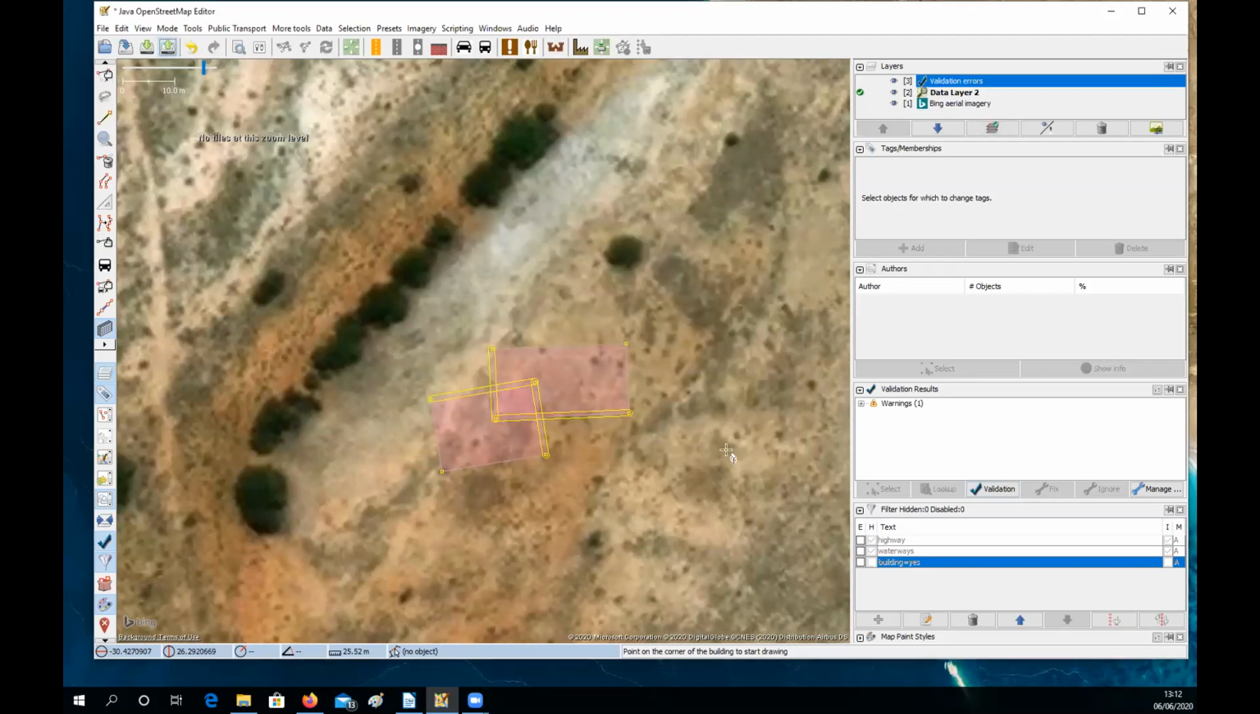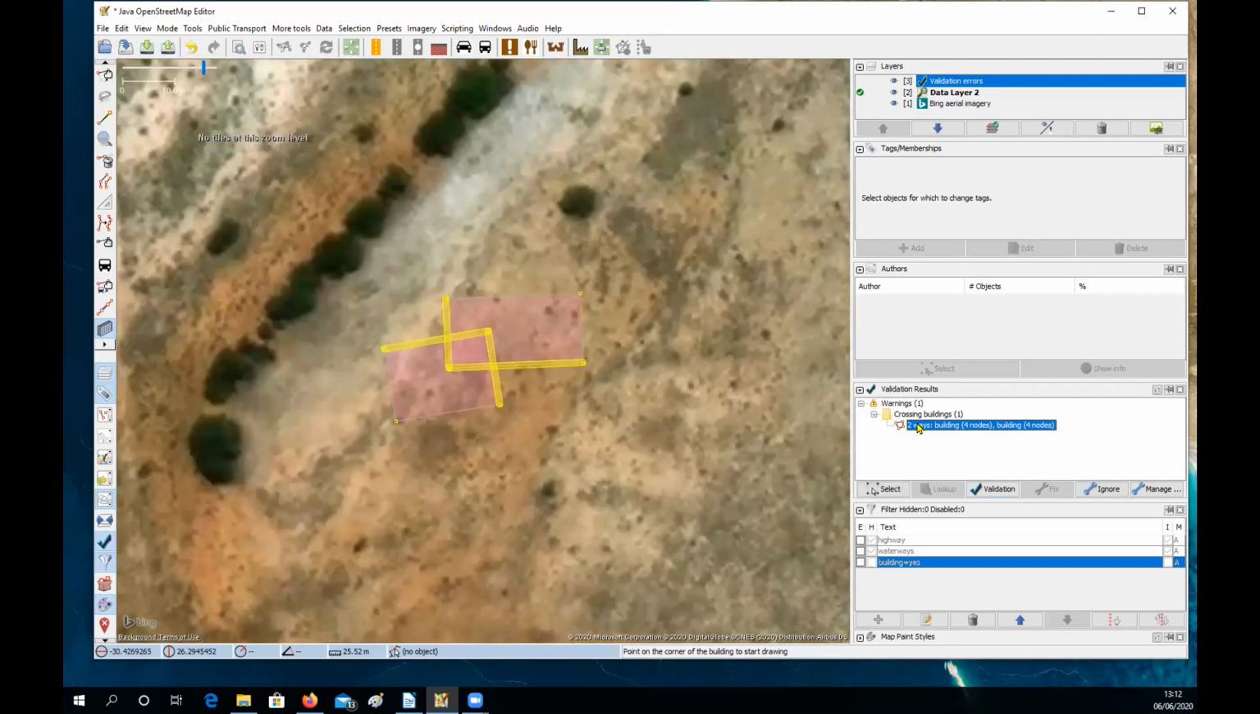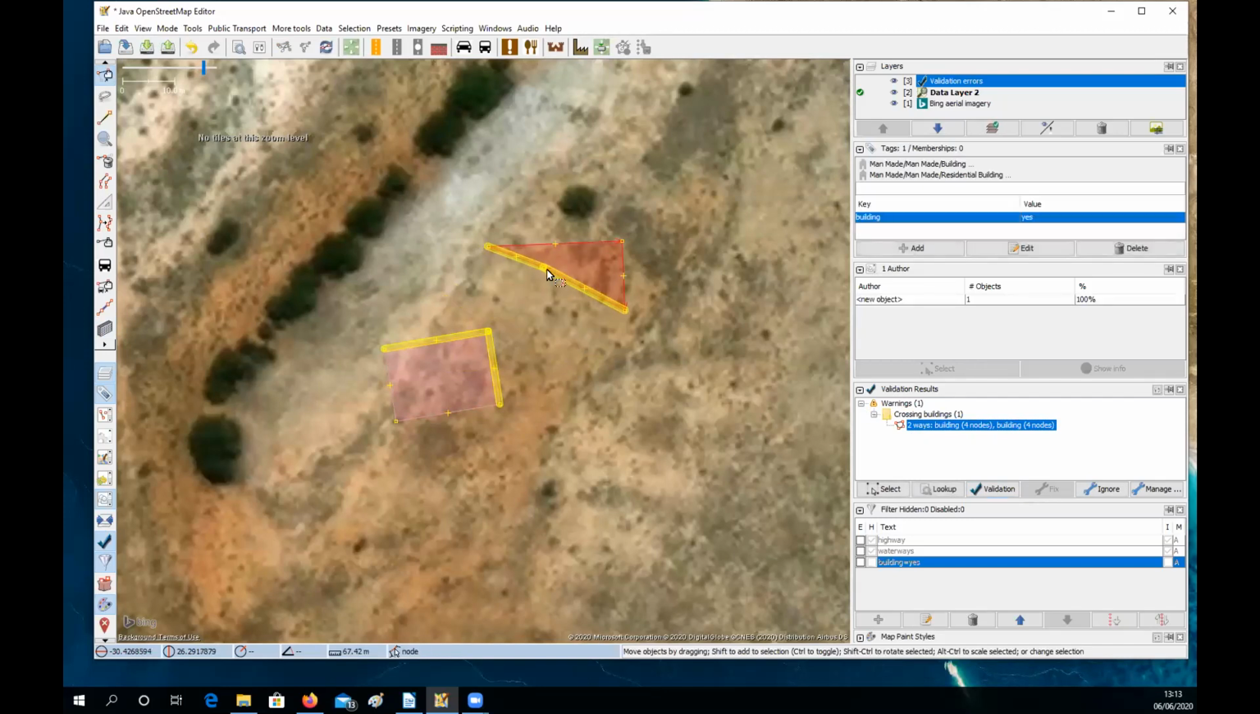I cancel the upload and I go to my validation panel, and it tells me that the warning is there. It tells me that I have crossing buildings. So I open up the crossing buildings. I right click on that and zoom to the problem. And I can see I've got two overlapping buildings. If I stop those buildings from overlapping, that's not really how it should be, but yes, if I stop those from overlapping,